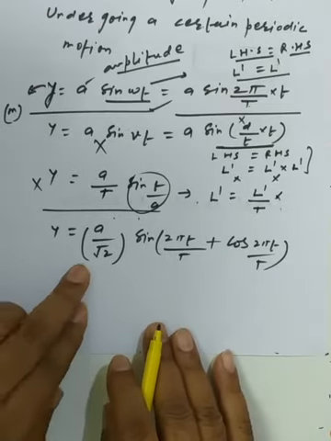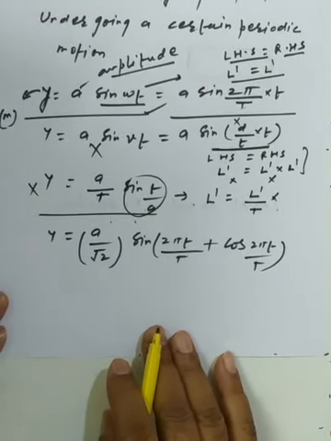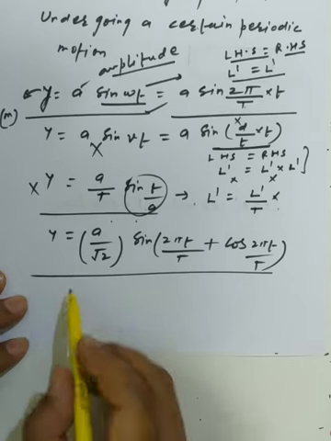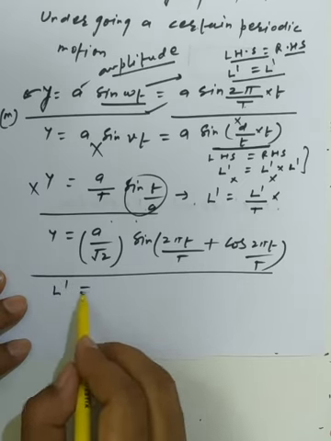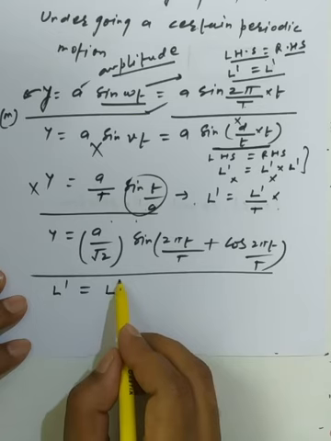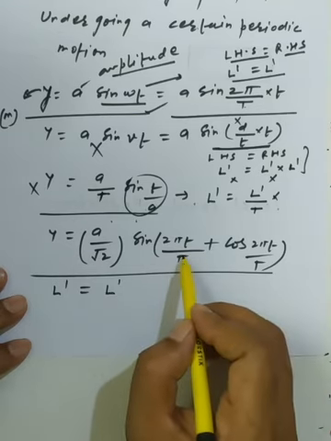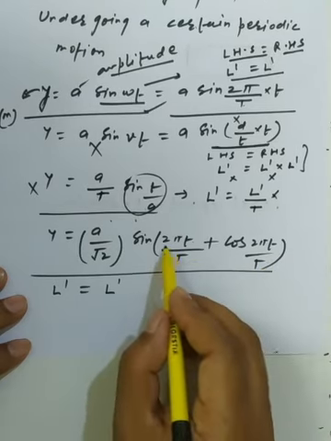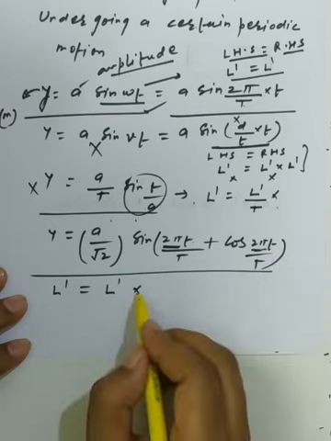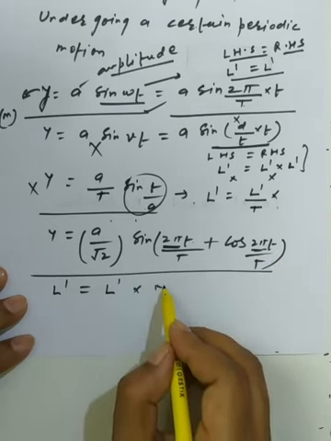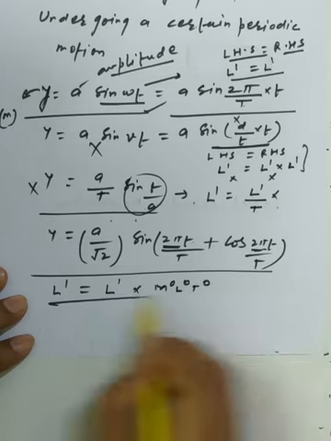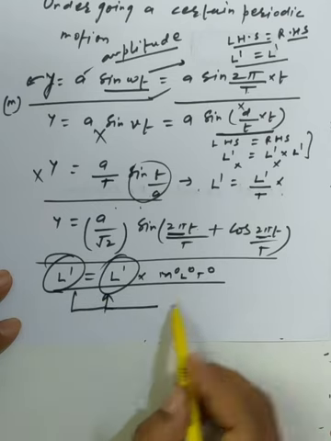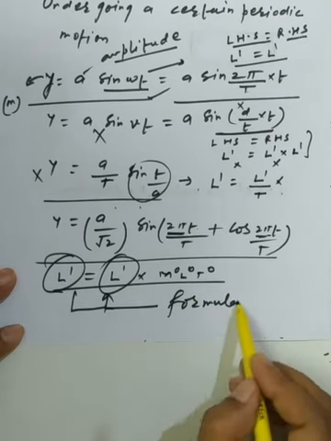Now we have the third formula. As we have gone through the proper study of simple harmonic motion, I can say that this formula is the correct formula. Y is the displacement, so it has dimension L1. Here we have the amplitude, which has dimension L1, and this is the angle, which is a dimensionless quantity in this condition, because T by T cancels and the angle has no dimension. So there is no concern of dimension, that is M0 L0 T0. Finally, assessing the dimensions on the left hand side and the right hand side, both are equal, so the formula is correct.